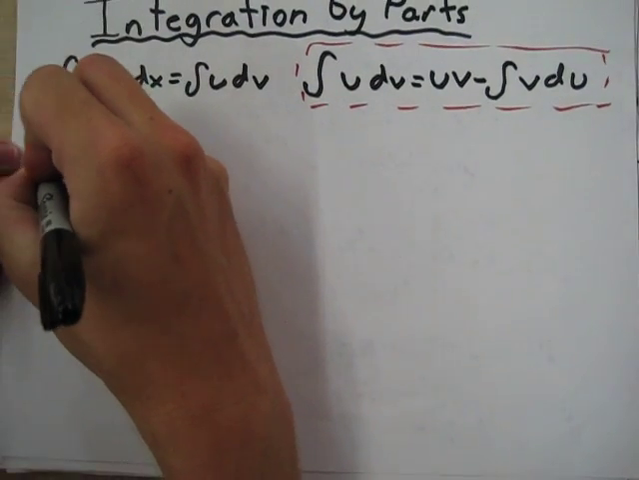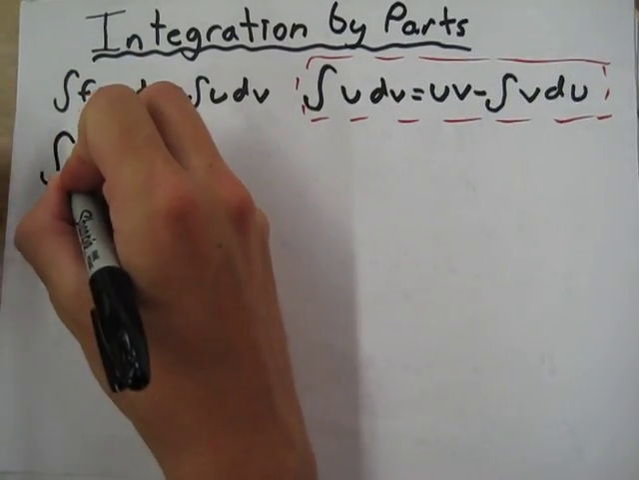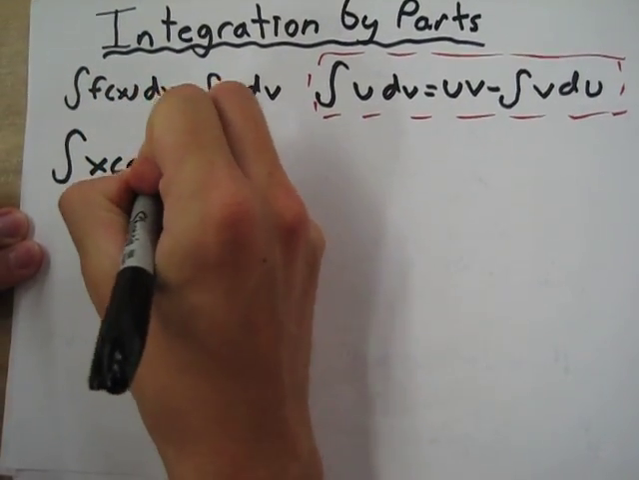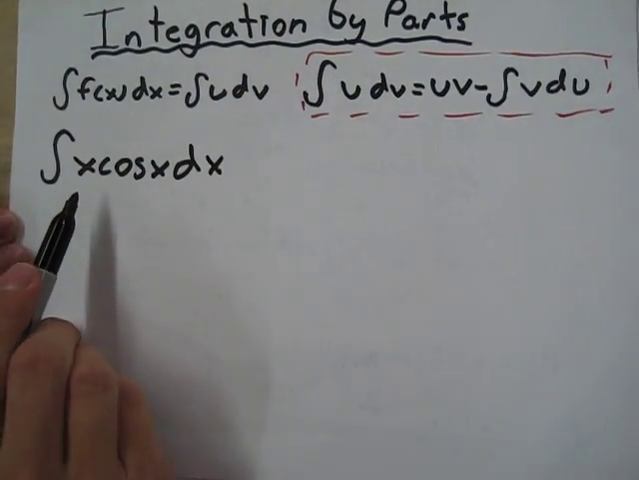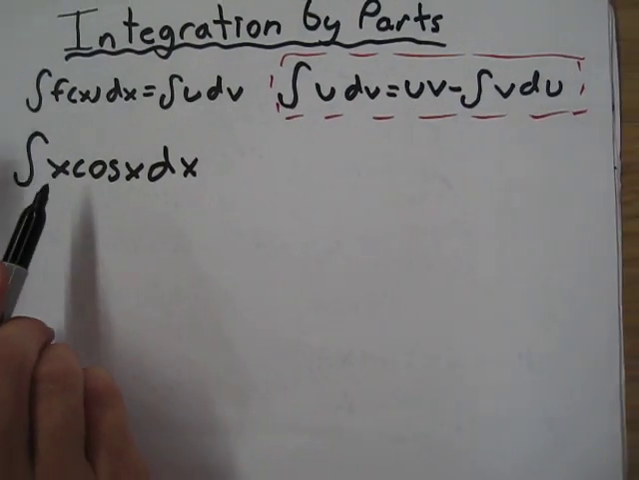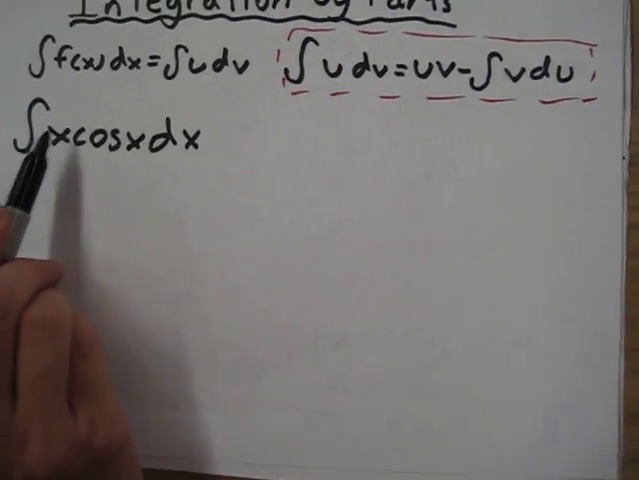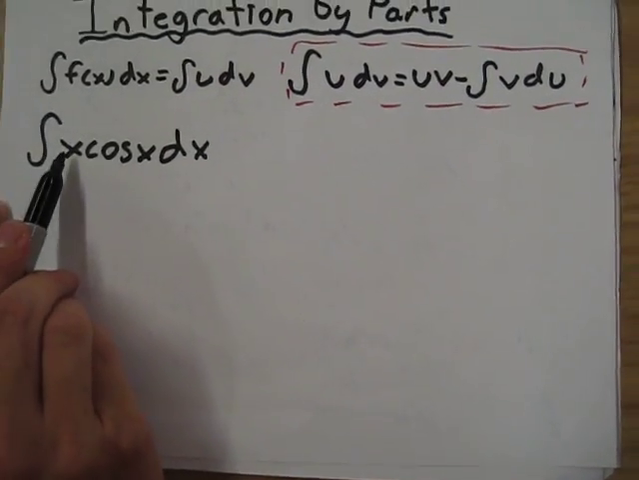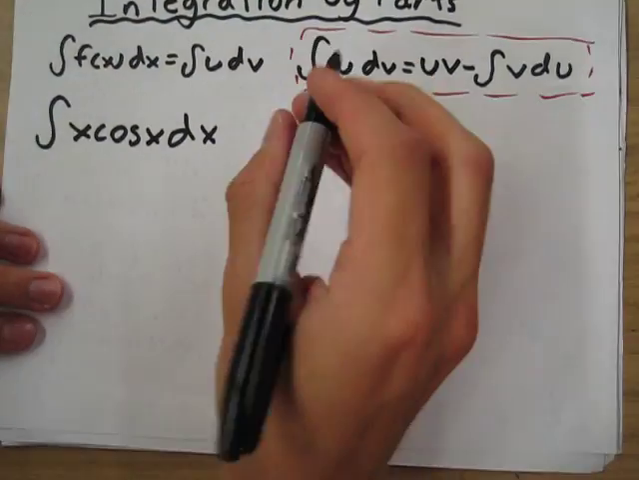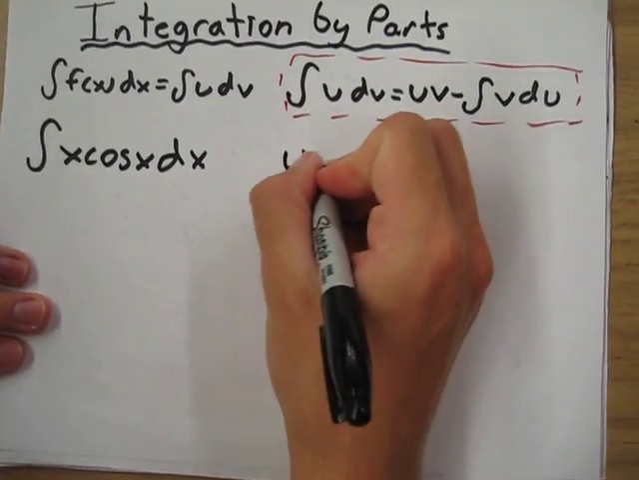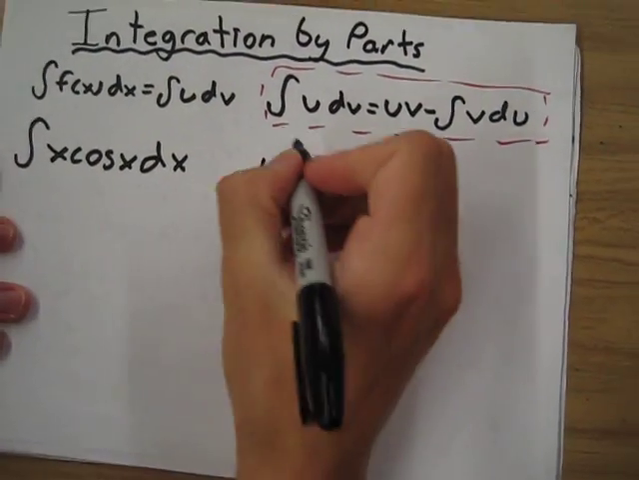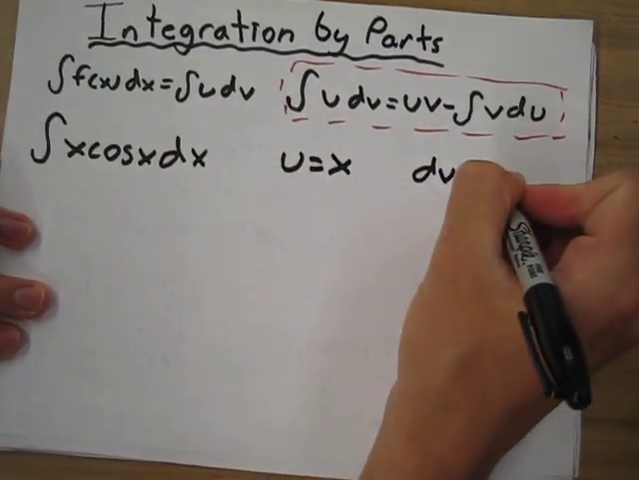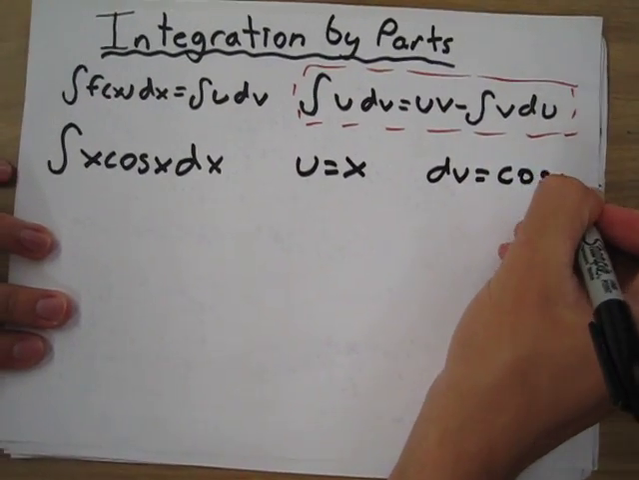Okay, so the first problem we're going to do for you today is the integral of x cosine x dx. Now, when doing integration by parts, one sign that you can integrate by parts is that there's two things multiplied together. In this case, we have x times cosine x. So now I'm going to pick a u value and a dv value. My u value in this case is going to be x. My dv is going to be cosine x